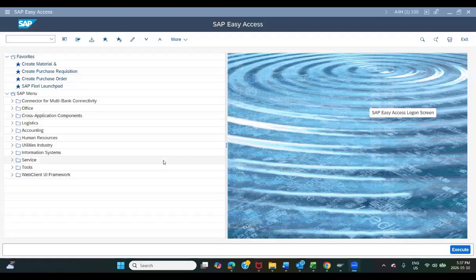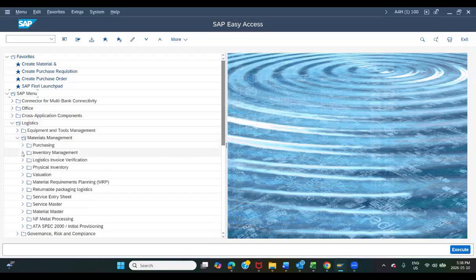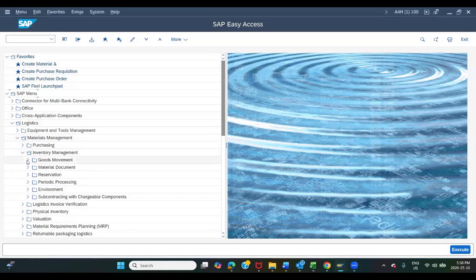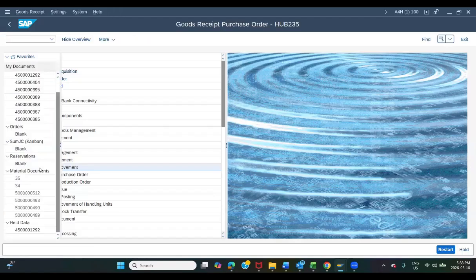Okay. So what I will do is go through the navigation in GUI of what we have done in Fiori. It will be very similar. So for our goods receipt, I'll go backward. We do the same thing here. We go to our movement, goods receipt here, GR for purchase order, which will be, if I open this, goods movement,